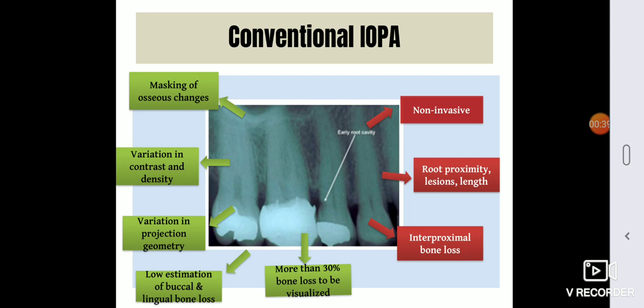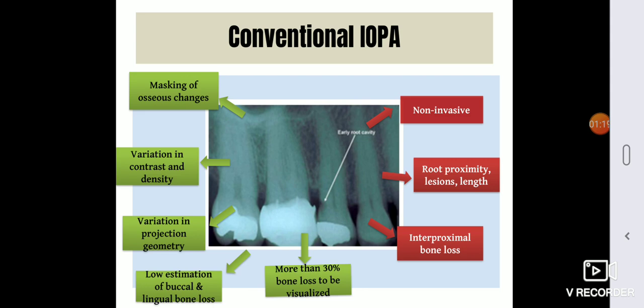So conventional radiography, the traditional method used to assess the destruction of alveolar bone associated with periodontal disease, has been carried out historically, and it provides information regarding the interproximal bone levels rather than the buccal or the lingual plates. They provide information on the periodontium which cannot be obtained by any other non-invasive method, and the information they provide is regarding the root length, the root proximity, interproximal bone loss, and they can also estimate the level of remaining alveolar bone.